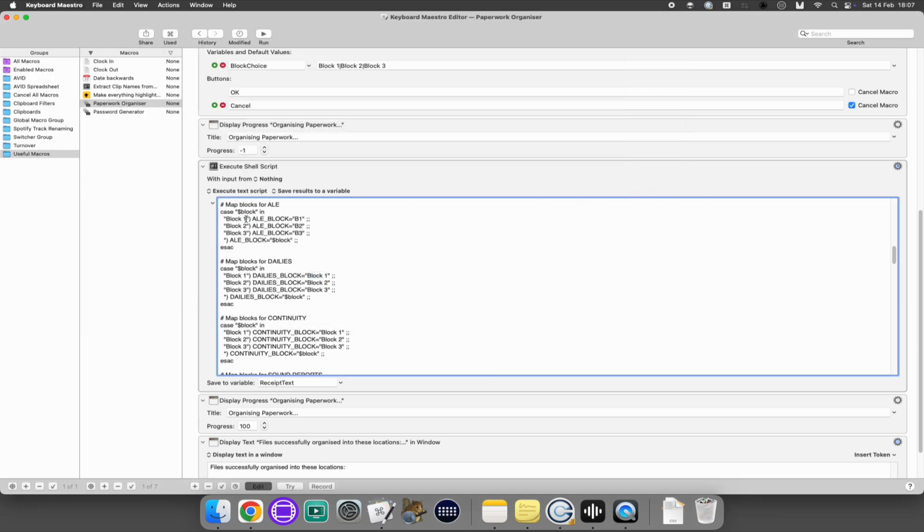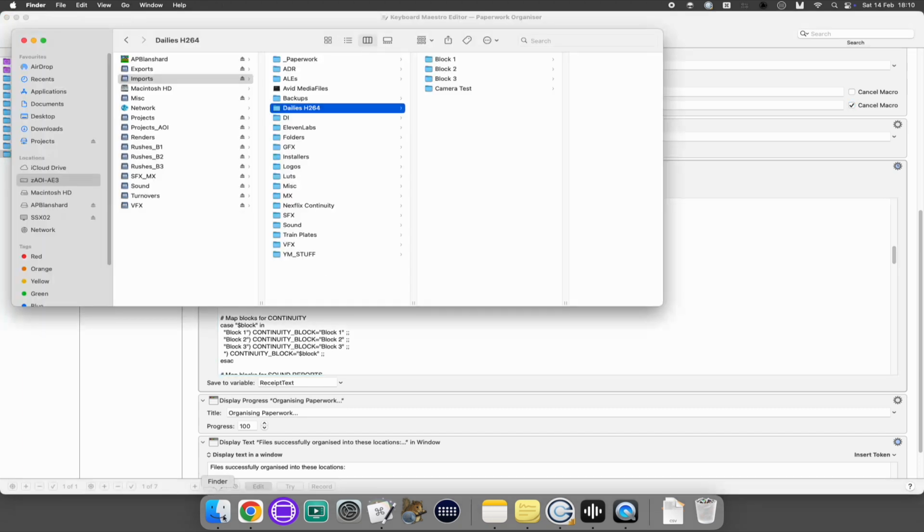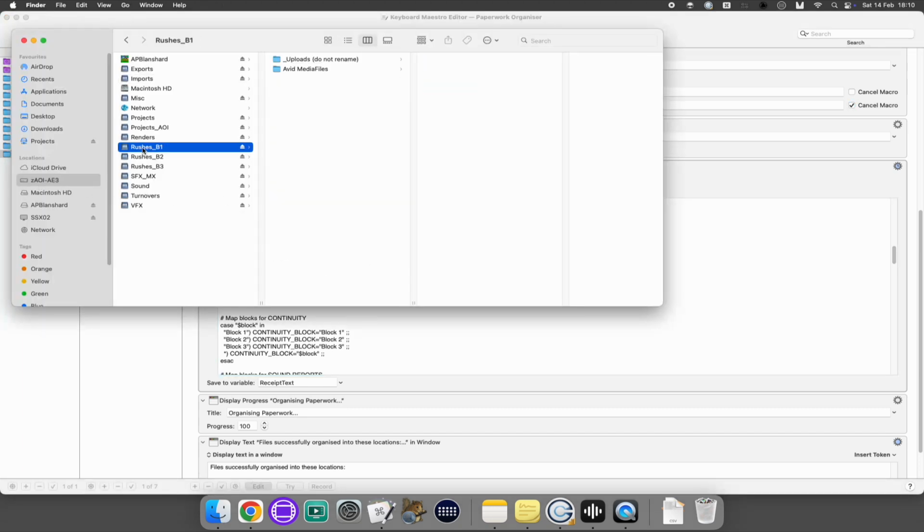So during this tutorial, when I've selected block 1, the macro needs to see a subfolder with the same name as what's written in the speech marks next to that block. For ALE, that will be B1, but if I change B1 to something that doesn't exist, for example, wrong, the files would be handled differently. I could even remove the subfolder name entirely. This also changes how the files are processed. I'll do this for the H.264 path. And now if I run the macro again and call it test3,